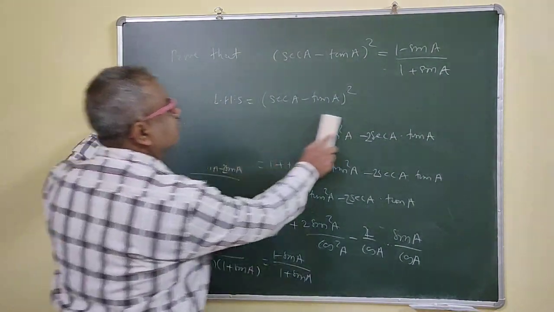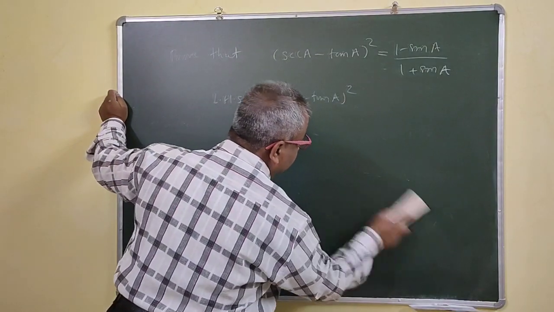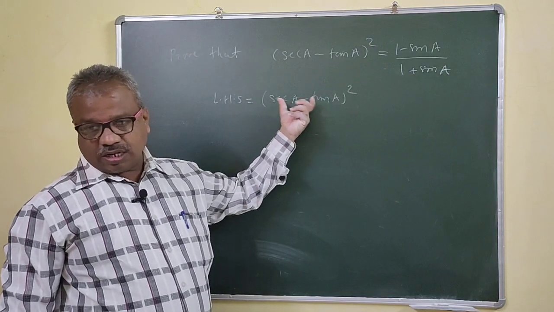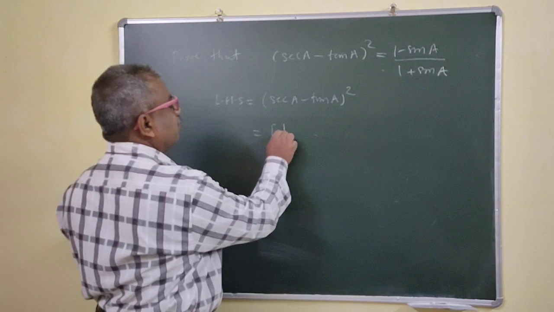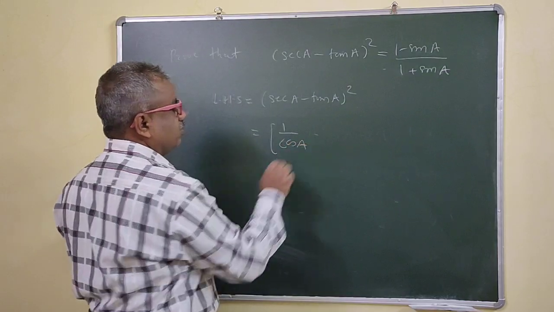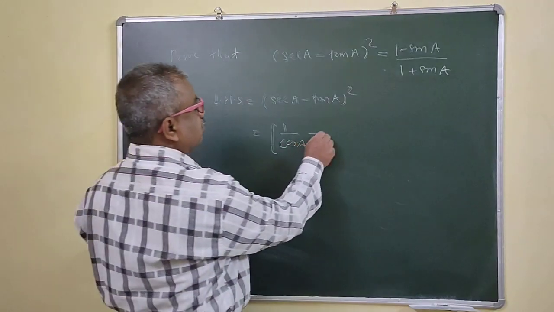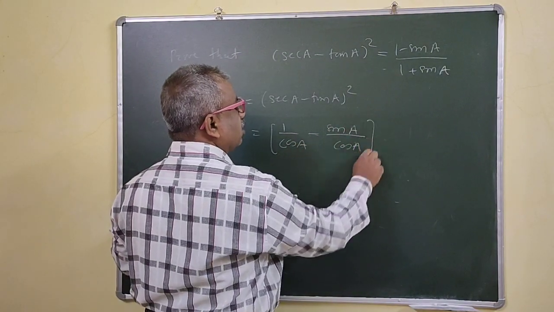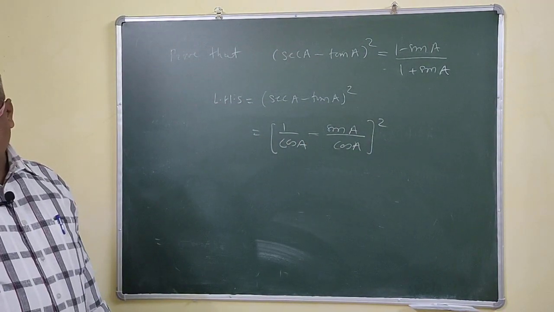We'll take the LHS now. So what we'll do, instead of here expanding directly the secant tan here, we will convert in terms of sin and cos. So what we will get then? This is what? 1 minus cos A. This is 1 minus cos A. 1 upon cos A. Right? Minus. This is another method and this is very nice method now. So here we will convert sin and cos now.